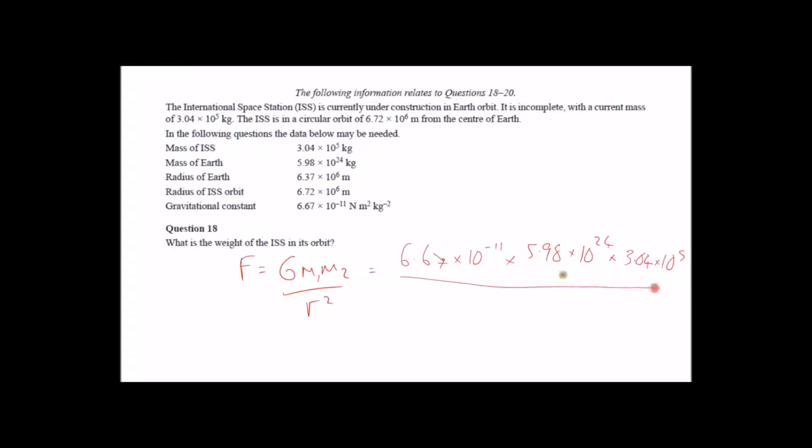And this is divided by the radius of the orbit squared. So this is the radius here from the center of the Earth, 6.72 times 10 to the 6. And that is squared. So you can plug all that into your calculator in one go if you're careful. 3.04 times 10 to the 5 divided by 6.72 times 10 to the power of 6 all squared, and I get